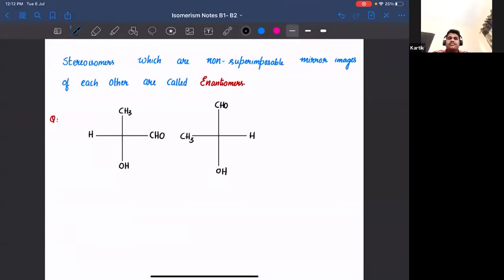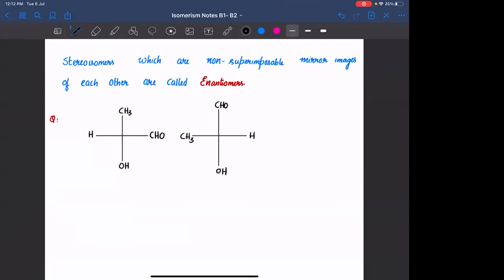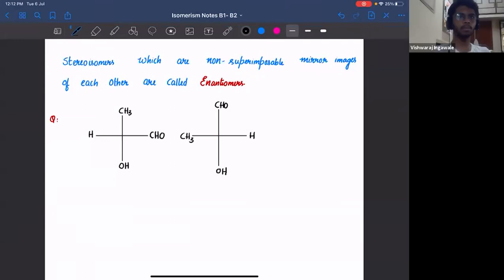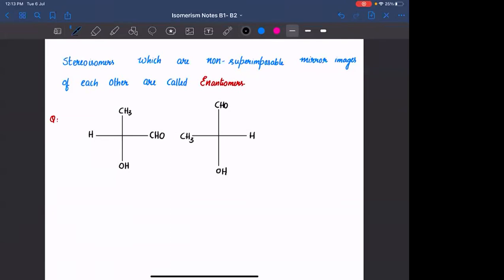Enantiomer. They are enantiomers, they are mirror images, right? Same molecule. Same molecule. How to do that? Please write the configuration. Don't see whether they are mirror images of each other. I mean, by placing the mirror, are they mirror images of each other? Don't see that. Write the configuration.